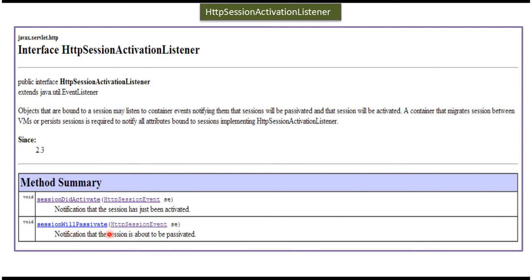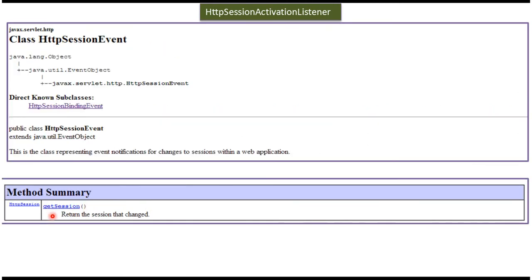Once the HTTP session is successfully moved to the new server, session activation will happen, and the session did activate method will be called. It will receive the HTTP session event, and from this event we can get the session object which has been changed.